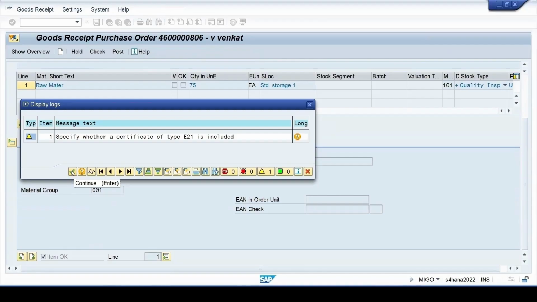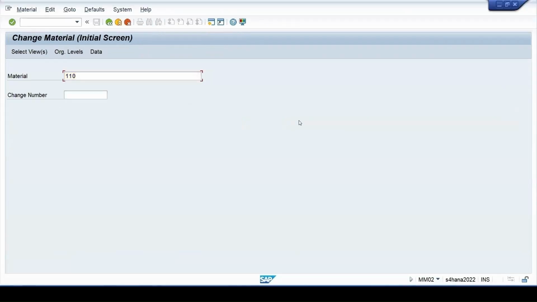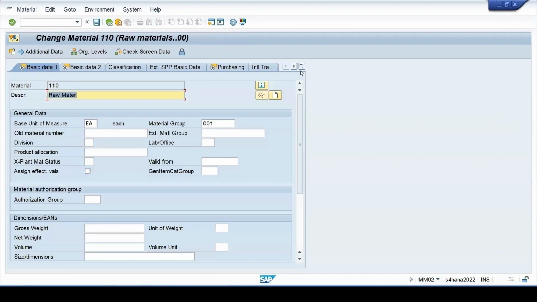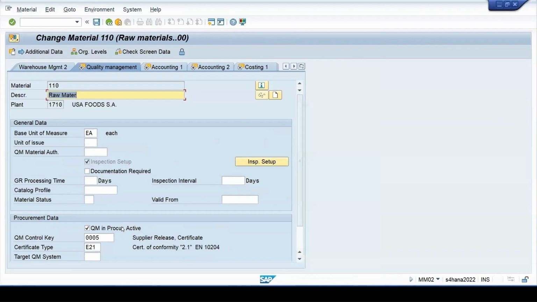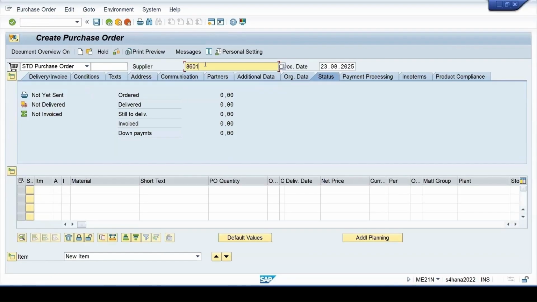See, this part is handled from the configuration. Again, my material, in the quality management view, we have selected that the supplier should be released and the certificate is required. Let's keep the same, and I am purchasing the same material from some other vendor.